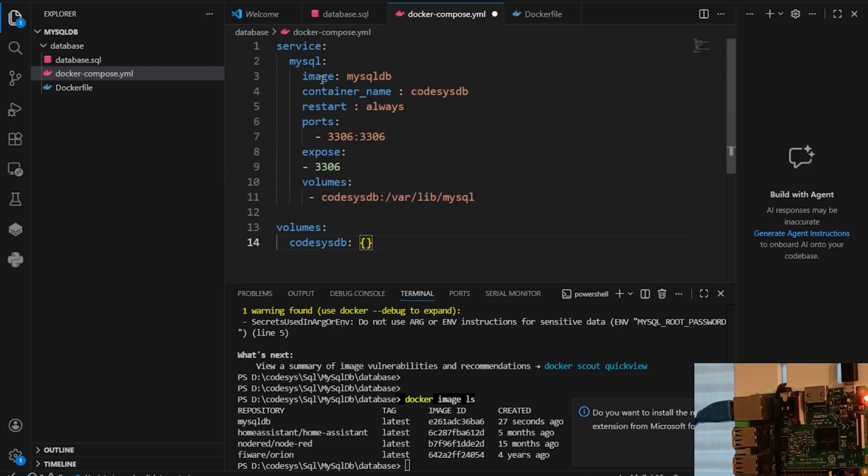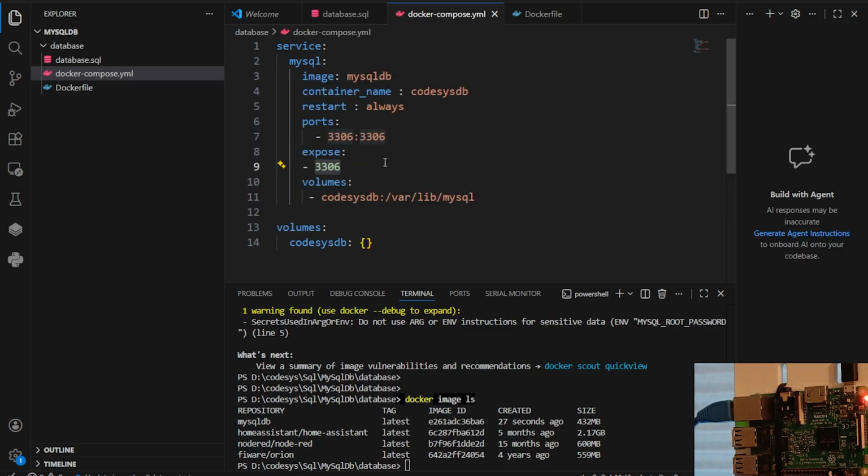So what have we done? We've defined a service here. We've defined the image we want to create the container from. We defined the container name there. We've defined some few other properties here. The ports, we've mapped the container port to a port on our computer, and then we've exposed that port so that we can access it outside the container. And then we've created one volume here for persistent data storage, and we've mapped that volume to this /var/lib/mysql directory inside the container. And that should do it for us. Then I'll save this, and now I think we are ready to